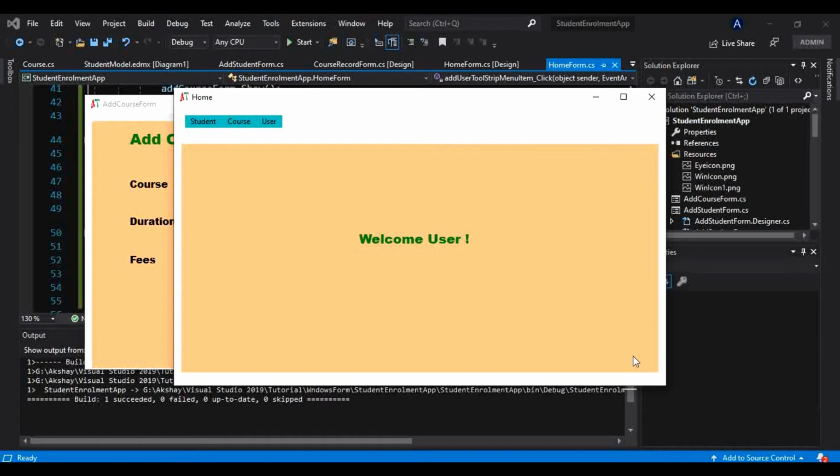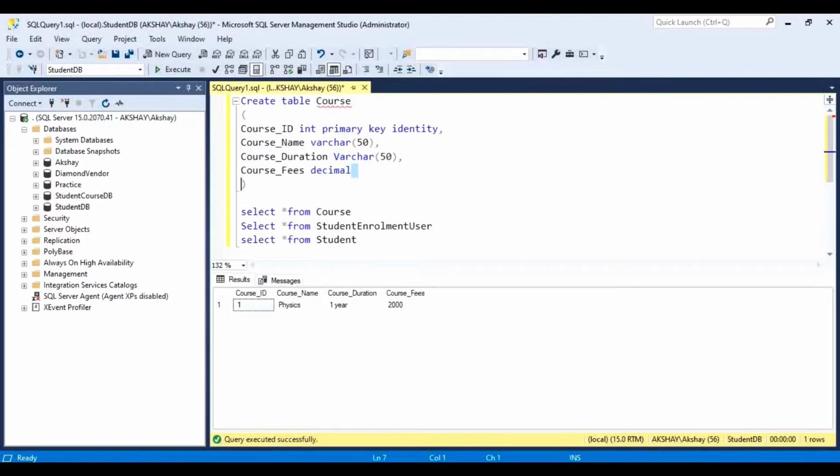And why I have taken that as varchar, if you notice here, I have taken that data type as varchar for this duration as well. And why? Because the course duration can be 6 months, or can be 1 year, or can be many months. So that is why I have taken that as varchar, so that we can add a value something like 1 month, let's say 1 year. We can take that as int as well, and after that you can only provide an integer value, let's say, and we can specify that it should be in years only, or in months only. Okay, so we can do that as well, but I have used varchar here.